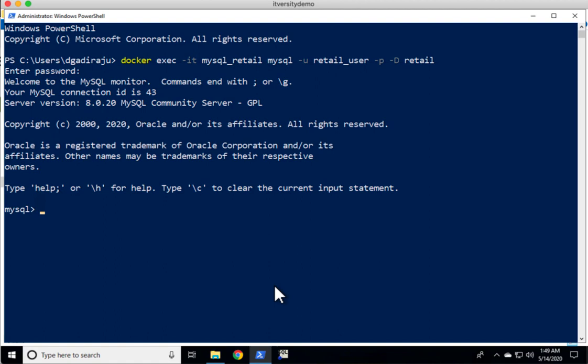For that, we can use the create_db.sql script, which is under retail_db. The script name is create_db.sql. We have mounted the retail DB folder from Windows onto this Docker-based container in this location. So as I have specified the fully qualified path of the SQL script, we should be able to run this without any issue by using the source command.